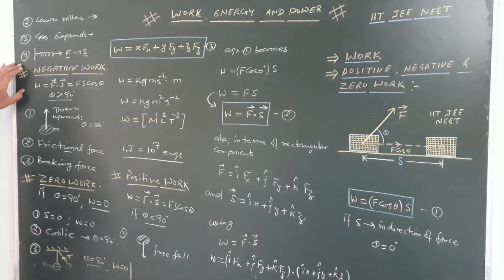So next, that is negative amount of work done. In what conditions will the amount of work done be negative? As we know, work done equals F dot S. So if theta is greater than 90 degree, in those conditions the amount of work done will be negative. Considering different examples, first of all, if we are throwing an object in the upward direction against the force of gravity, then the force of gravity will act in the downward direction and the displacement is in the upward direction. So the angle between the force applied and the displacement is 180 degree, and the amount of work done will be equal to Fs cos 180 degree. So work done will be negative in that condition by the force of gravity.